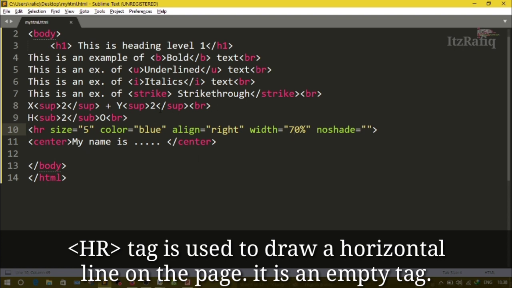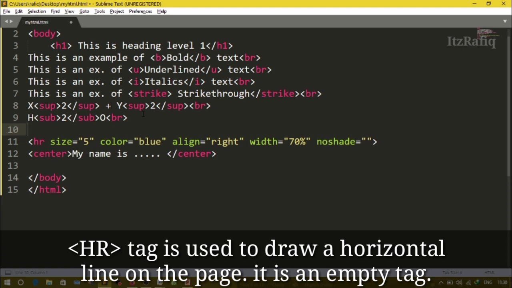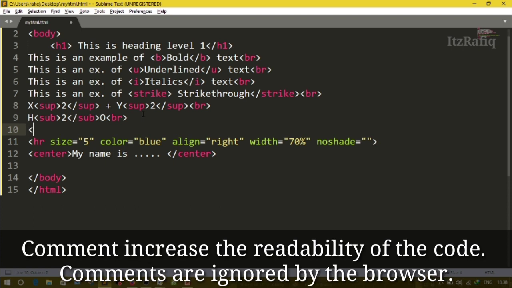Suppose before HR I want to write a comment that it is used to define the horizontal line of the page. So to write a comment, first we give an angle bracket, then an exclamation sign, 2 dash symbols, then here you write your comment.